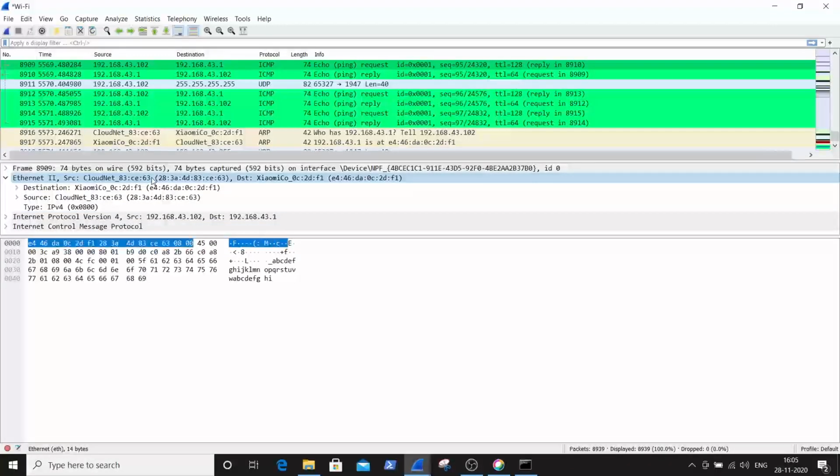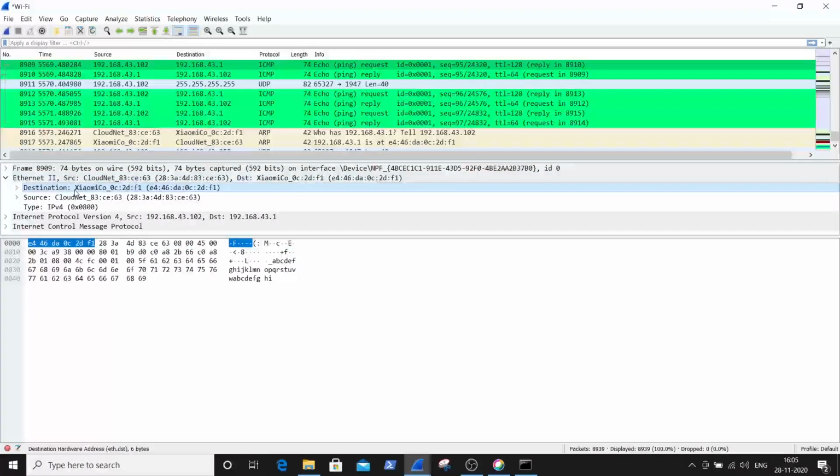By clicking on Ethernet you can see the highlighted blue color is nothing but the header of the Ethernet, and Wireshark gives the output in the form of hexadecimal. By clicking on the destination you can see the destination address highlighted in blue, in hexadecimal format.